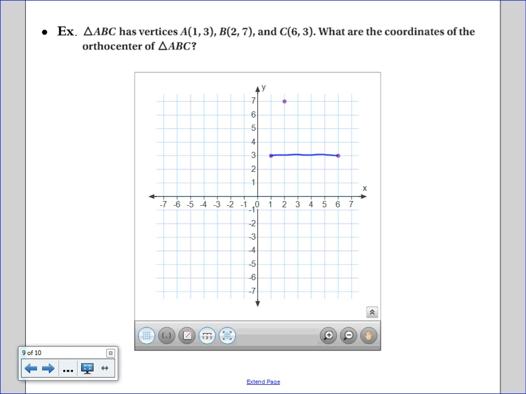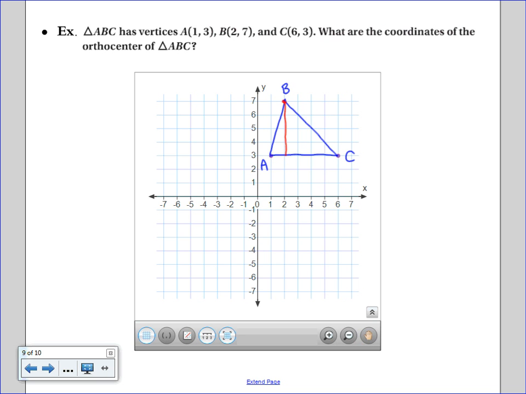I'm going to start by connecting these dots as neatly as I can to create triangle ABC. And I will label it. Oh, that was not A. That was B. This is A, and this is B, and this is C. And in order to get the orthocenter, I need to create three altitudes. So an altitude needs to go through a vertex and be perpendicular to the other side. The easiest one to draw is the vertex B connected to the side AC. Because in order to create a 90-degree angle with AC, I just have to draw a vertical line, since AC